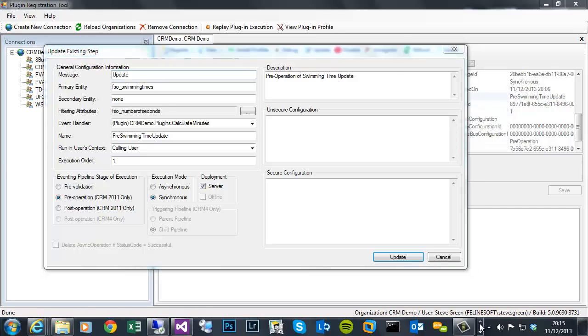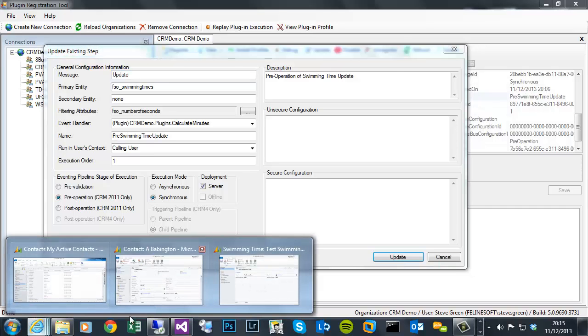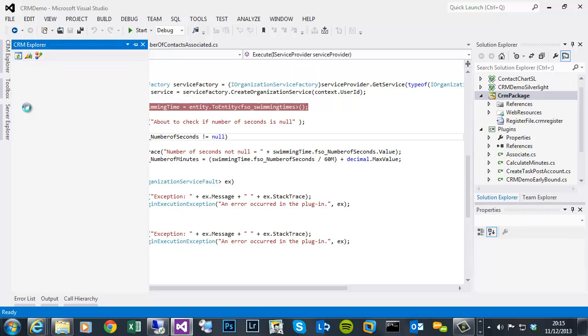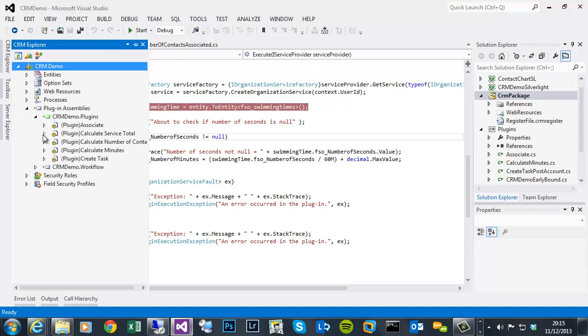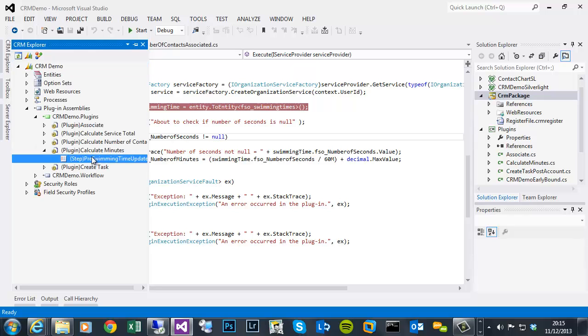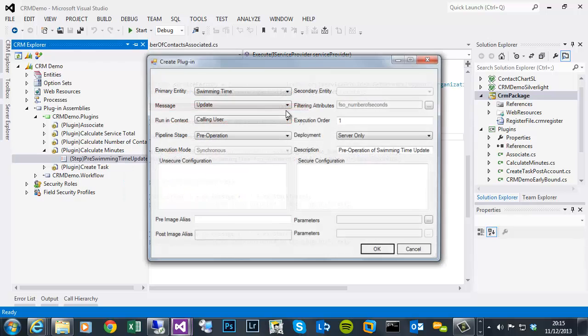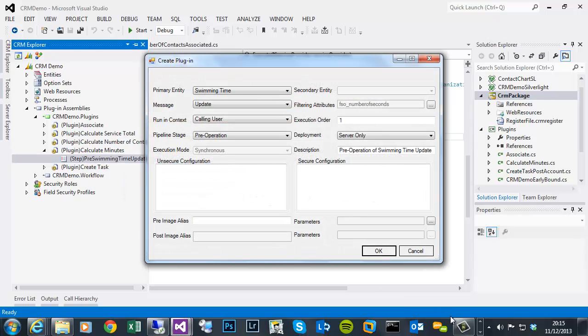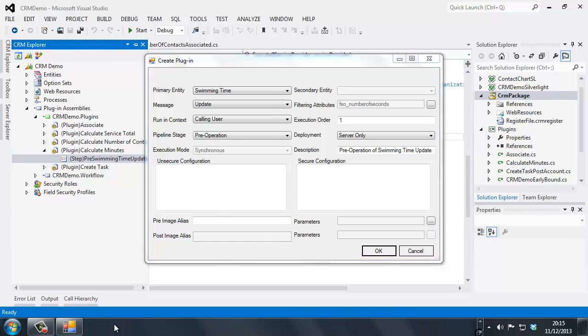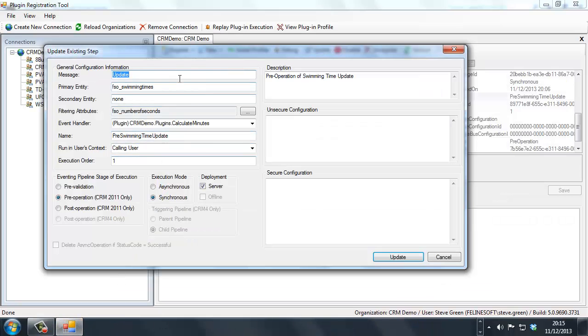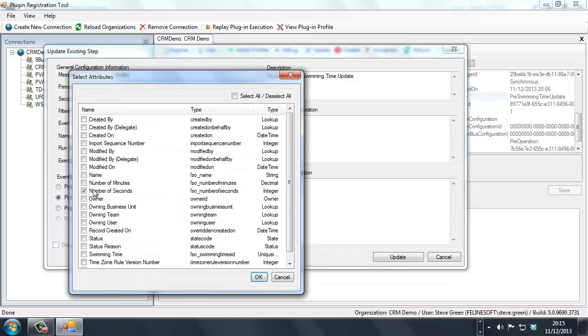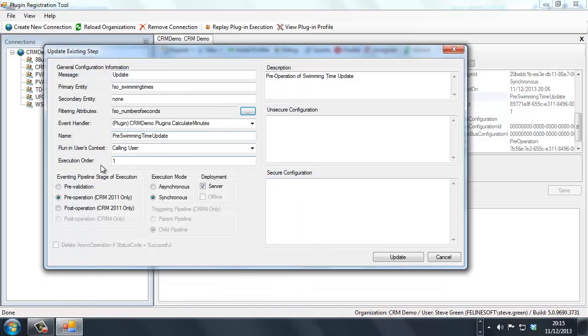So that equates to, within Visual Studio, if I open my calculate minutes and I edit the step, this dialog that loads now, the equivalent on the plugin registration tool is this. So again, filtering attributes, you can see it's selected just the number of seconds, so it's very familiar looking,